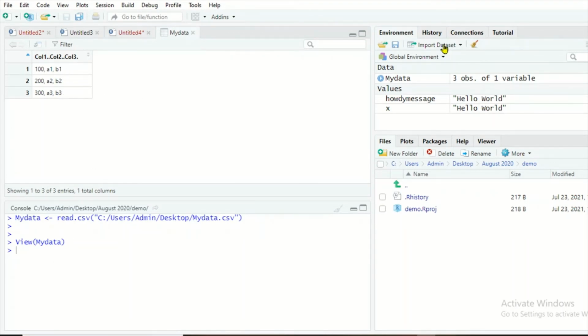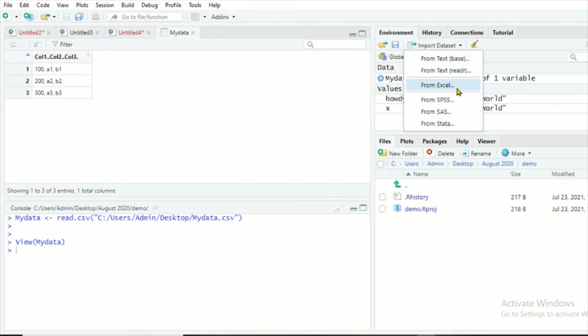The next method is to make use of the Import Dataset option in the top right corner. Click Import Dataset, then you can see the data formats that are supported. You can import datasets stored in SPSS, SAS, Stata, from Excel, and even from text.